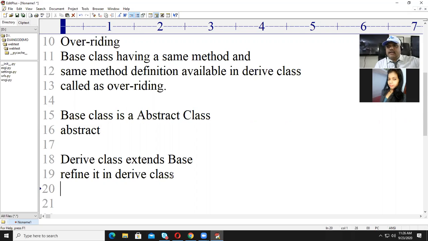Because you cannot change the number of arguments. Public void paint: you cannot say public int paint or public float paint, or Graphics g comma int a comma b comma c. No, the signature has to be as it is taken from the abstract class, and you are defining the paint logic in your applet class. Are you getting me? That is called method overriding.